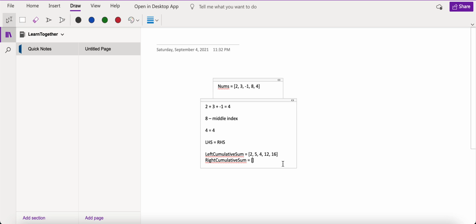That is, we start with 4 and then 4 plus 8 is 12, then 12 plus minus 1 is 11, then 11 plus 3 is 14, and 14 plus 2 is 16. That is what we are actually doing, means we will be doing right sum of length,